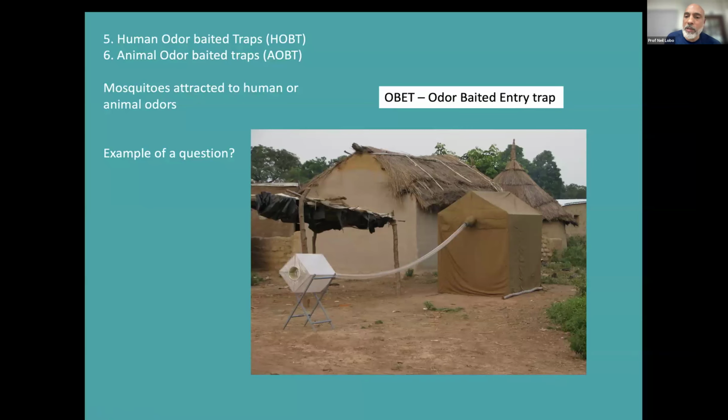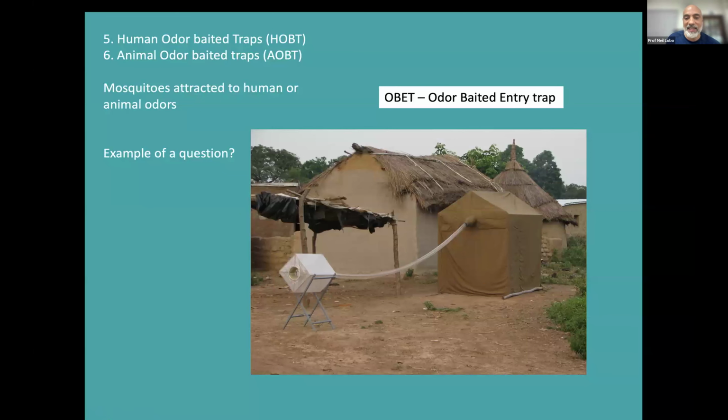Here's an example of an odor-baited trap. And in this bigger tent here, we have a cow. You can't see the cow, but it's in there. And there's a fan blowing all the air into this trap here. And so the mosquitoes would come out here, enter here because of the smells, because of the odor, and get trapped in here. This is also kind of hard to implement. I remember this was in Mali, and it was so difficult to get that cow to come in here. It was quite ridiculous. It kept trying to escape because if I was that cow,